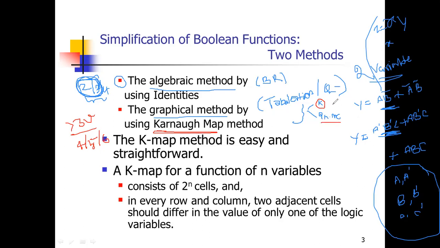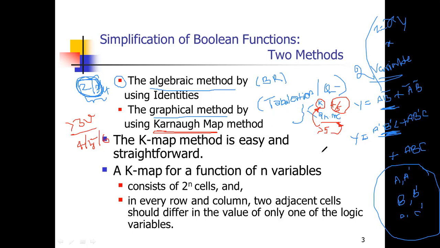Up to four and five variables, we can use the Karnaugh method, solve it and design circuits. If it is greater than five variables, it cannot be solved easily. That means the complexity is more for handling more than five variables and their complements. In that situation, we should switch over to the Quine-McCluskey method.